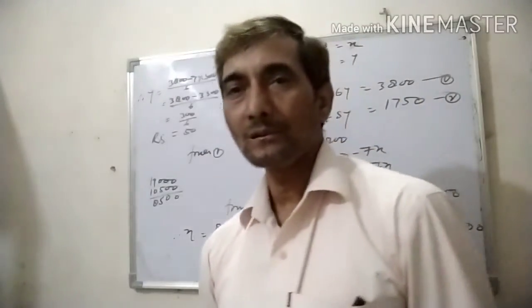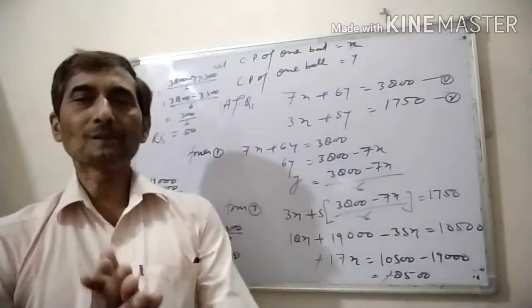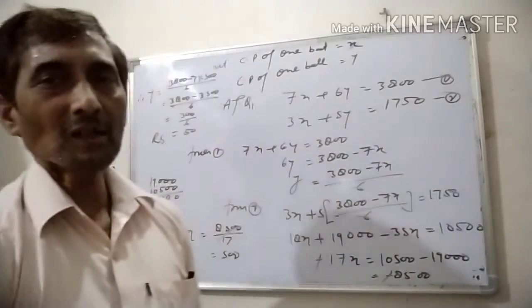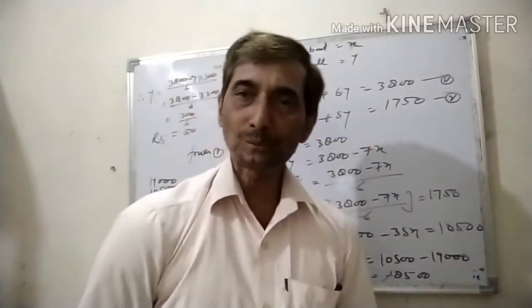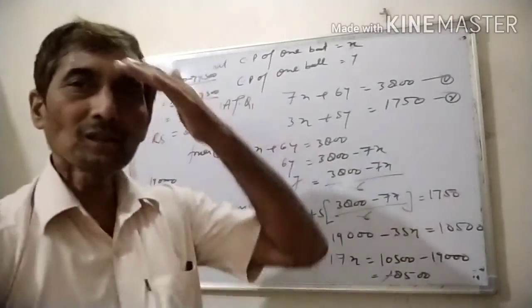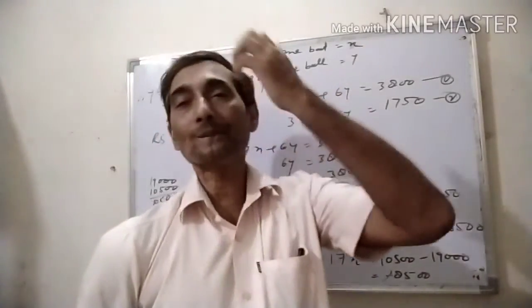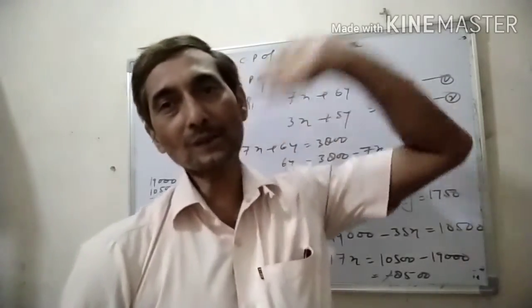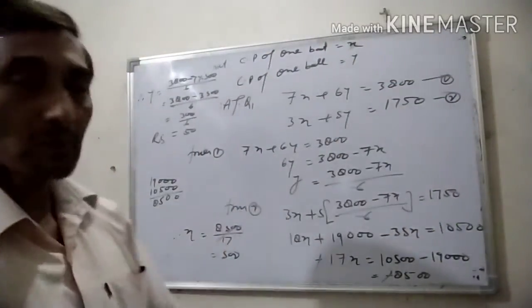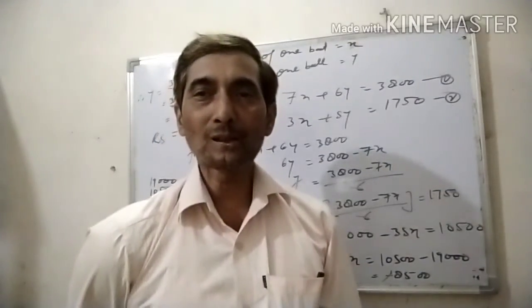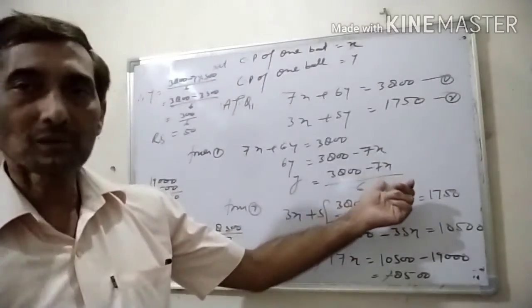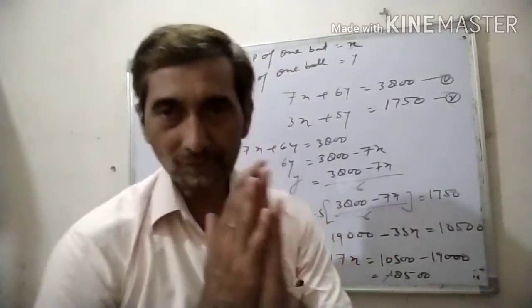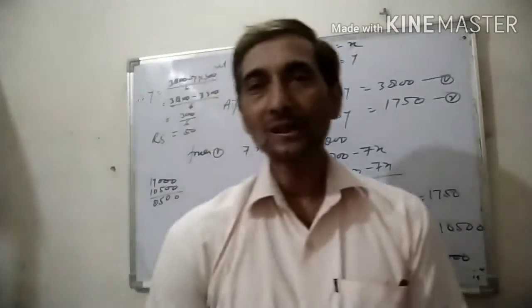How can you find it? First of all, we change the word problem into the equation system. After that, apply the substitution method. We find the value of y in terms of x, substitute in the other equation and calculate it. After calculation, we find the value of x, and after that substitute the value of x in this relation and get the value of y. So I hope that you will try to solve the remaining part of this exercise.